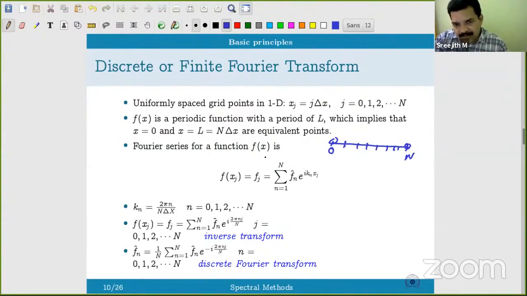So if we take the Fourier series of f of x_j, it is a discrete Fourier transform. It is not continuous, so we are using the discrete Fourier transform. So f_j is equal to the sum over n equal to 1 to N of f_n e raised to i k_n x_j. So f_n is the Fourier coefficient, and k_n is the wave number. If you take the length of this domain as L,